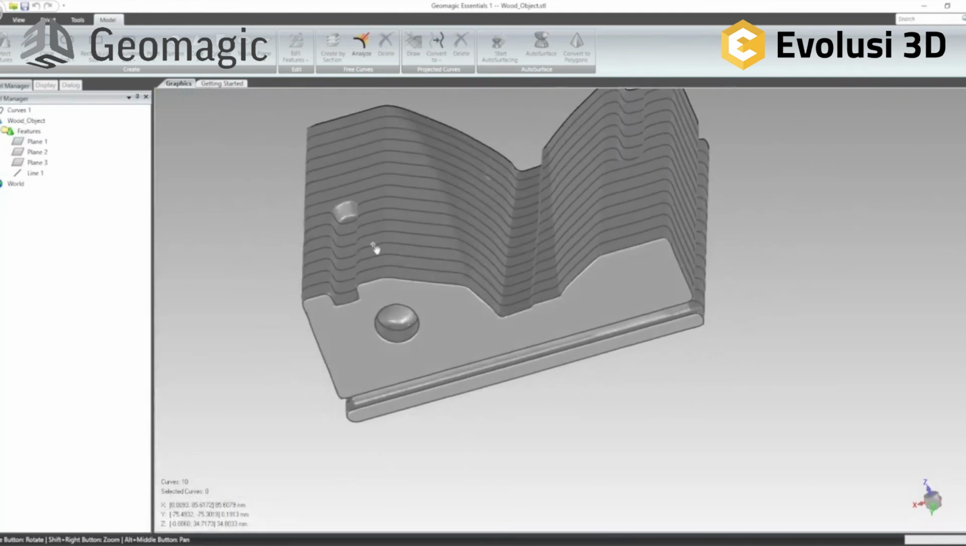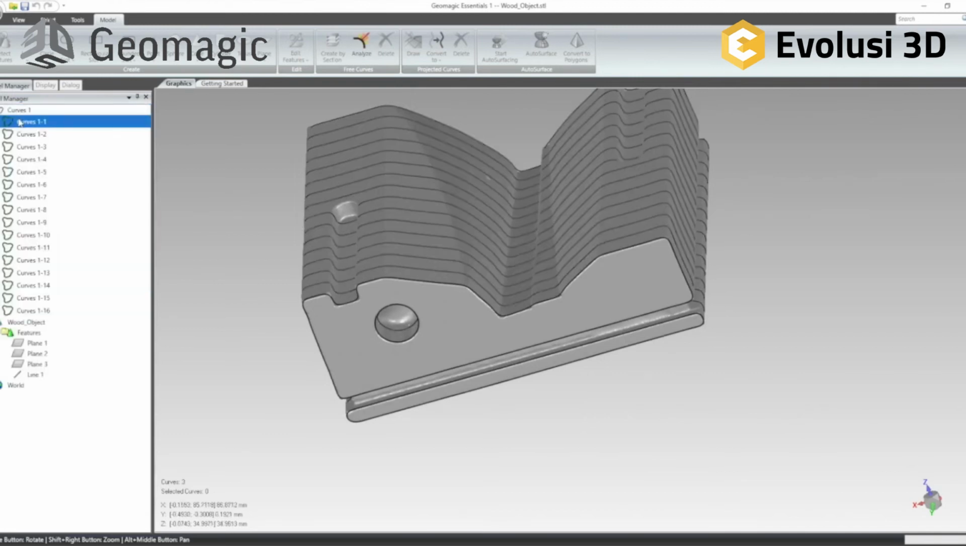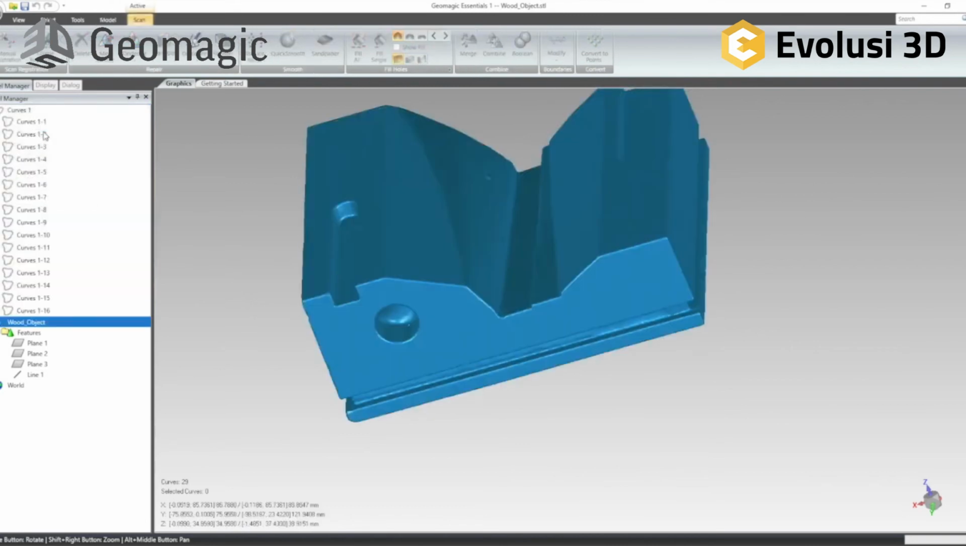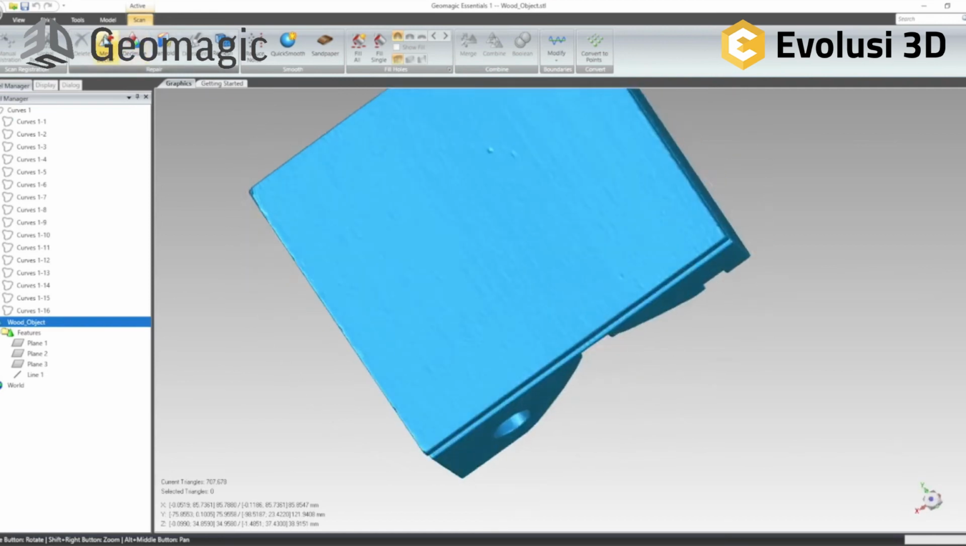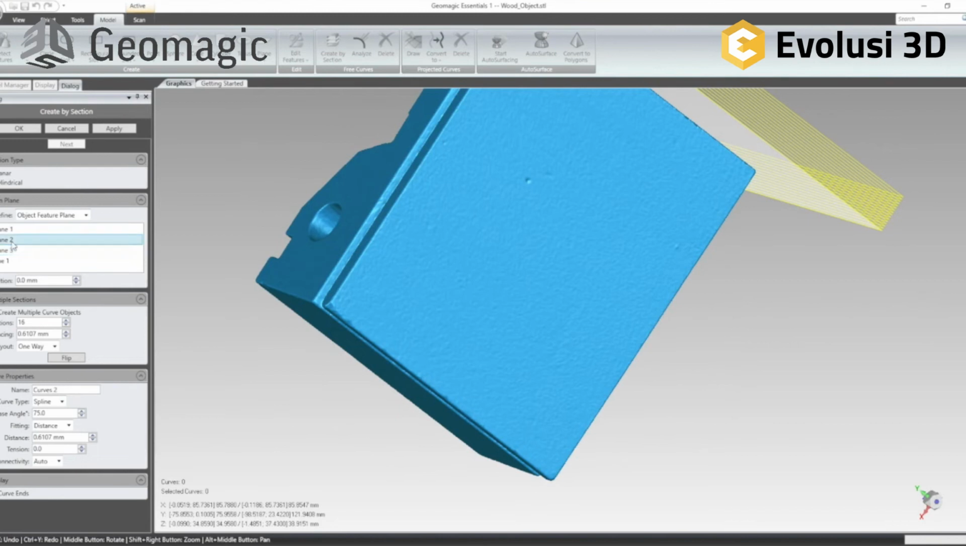Now we see all the lines in our curves. Every single curve we create is saved here. You can also say hide, and so we can work on the object and create also, for example, some intersection from that side. So we click on plane one,